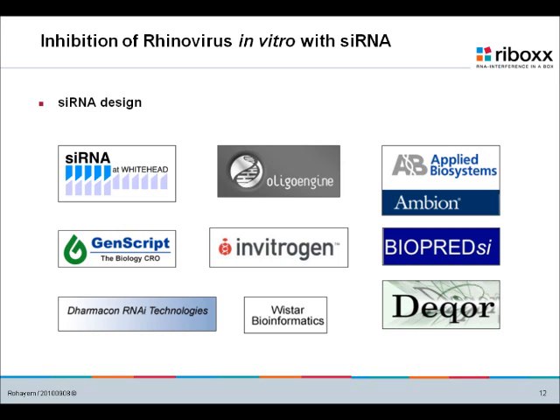Will it be 19, will it be 25 or 23? Which parts of the genome do I want to target? It's the beginning, it's the end, it's in the middle. And there are a lot of algorithms here, you can see them, that will allow you to give a kind of guess of a small interfering RNA of a given length with a given design.